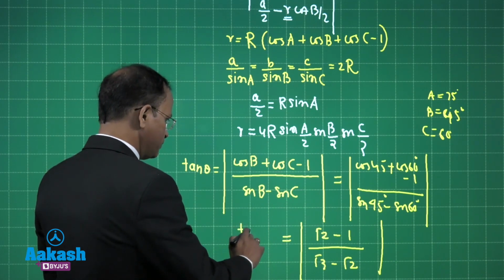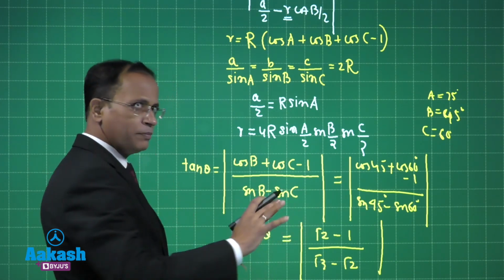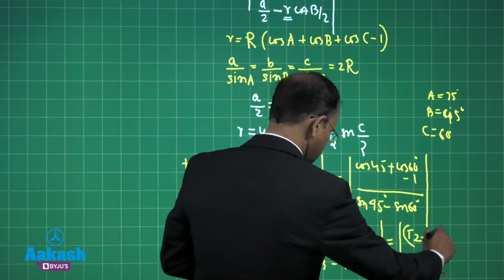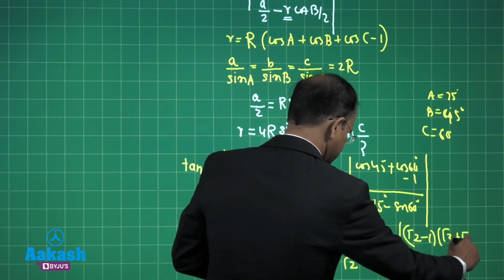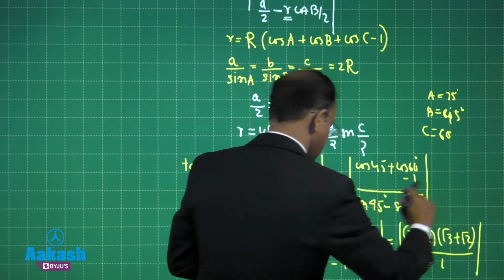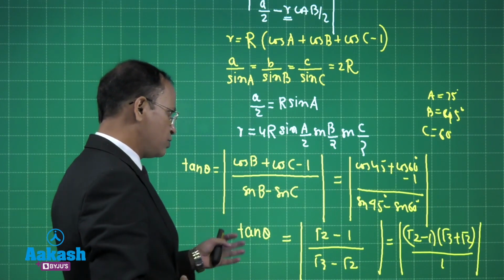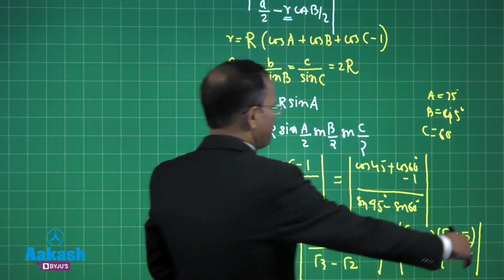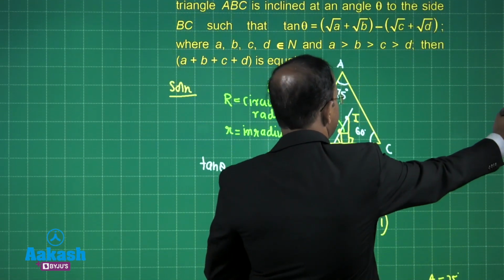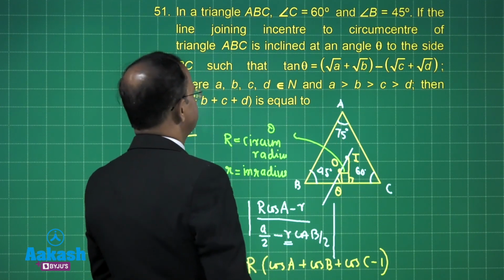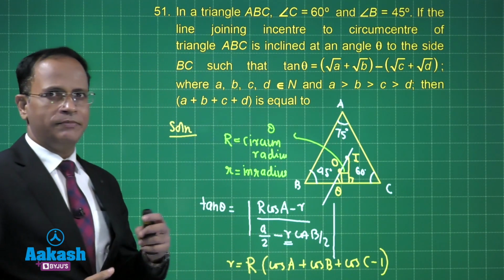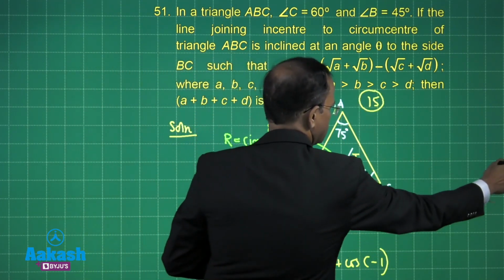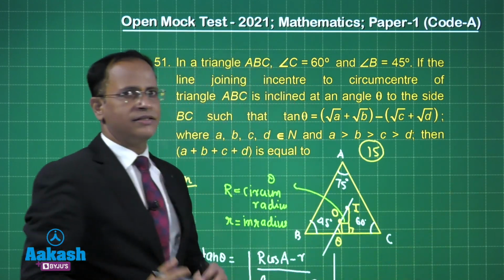So, we get the form in terms of A, B, C and D now. We can take it as root 2 minus 1, upon root 3 plus root 2, and we can make it as 1 beta. So, from here we can identify the values of A, the values of B, the values of C. Once you have found the values of A, B, C, D, we can add all the values, and we will get the answer to be 15, my dear students. So, this is the final answer we have. The answer is 15.